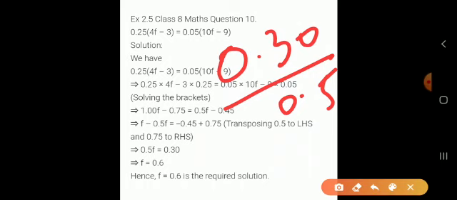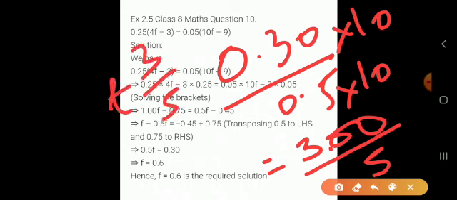Okay. So now the decimal is creating a problem. In order to remove the decimal, what will we do? Here we can multiply by 10. So here also we can multiply by 10. It will become what? 30 into 10 is what? 300. How many digits after decimal? 2. So it is 3.00 upon what is it? 0.5 into 10, that is 5. So it is coming 3 upon 5. So you can leave the solution as 3 upon 5, or you can do division.